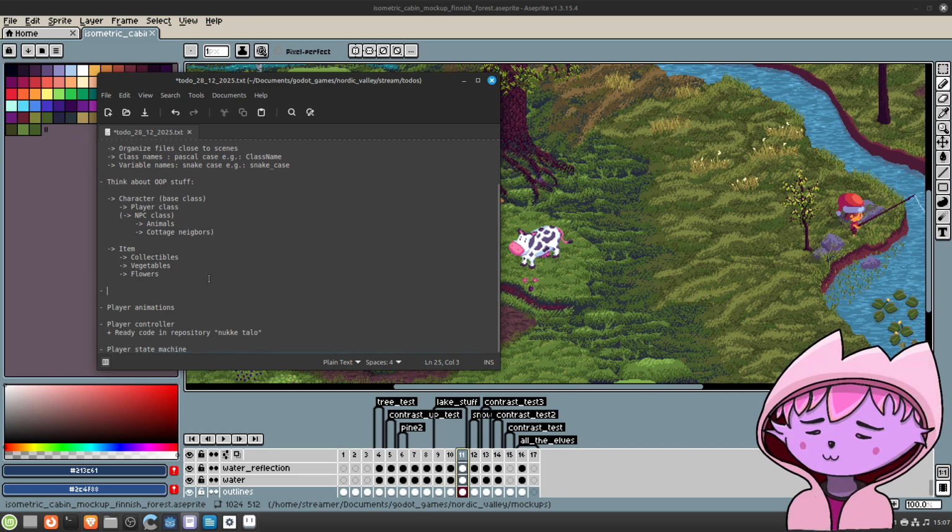So instead of starting with animations and a state machine, I think I want to think about the organization of the player.